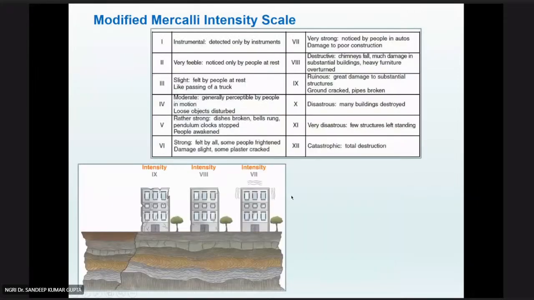Okay. And as I told, this is the intensity scale, which is based on the observation. So if there is less destruction, intensity is less. But if there is more destruction of buildings or human property, the intensity of the earthquake was more. You can see here, if less intensity, this building is more or less the same before and after an earthquake. But if the intensity is increasing, you can see here small damage at this point. But if intensity is more, because